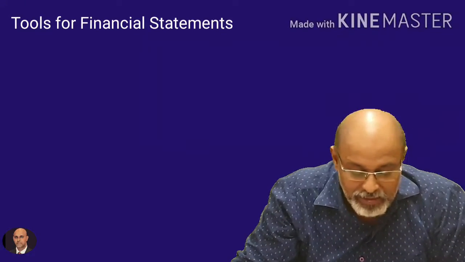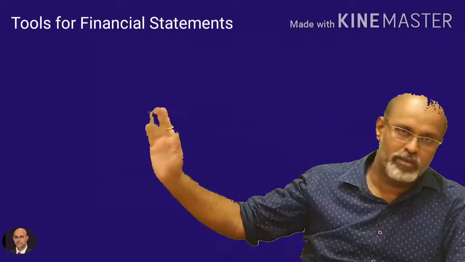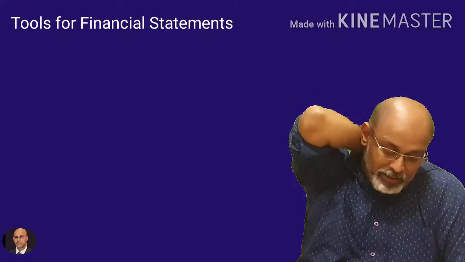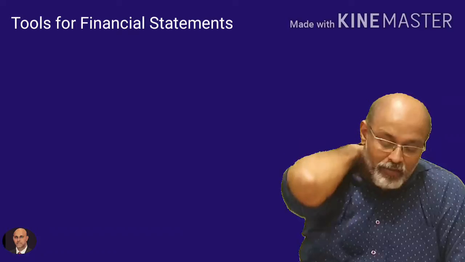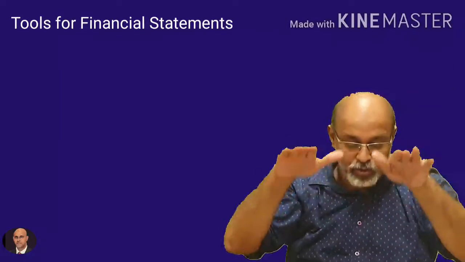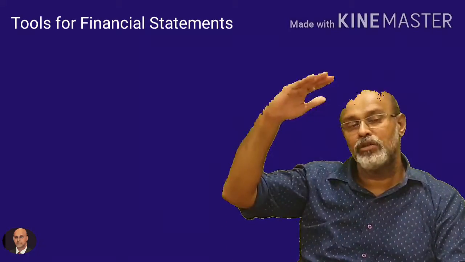So first I write down equity and liability. In that there is a share capital, where the figures of both the years are the same, so there is no change, and there is no percentage change also. Your reserves and surplus earlier was 10 lakhs, now it became 6 lakhs, so there is a decrease of 4 lakhs. So this 4 lakhs you put in brackets because it's minus. 4 lakhs you divide by 10 lakhs and write down negative 40 in your percentage change, because the percentage has gone down.